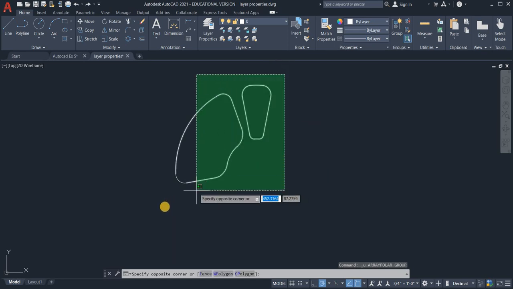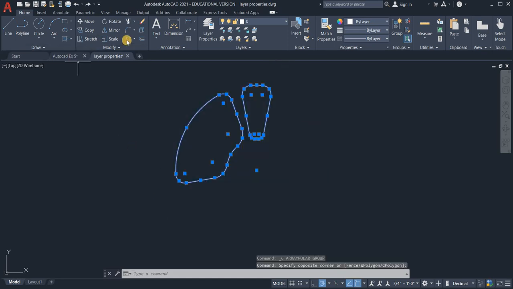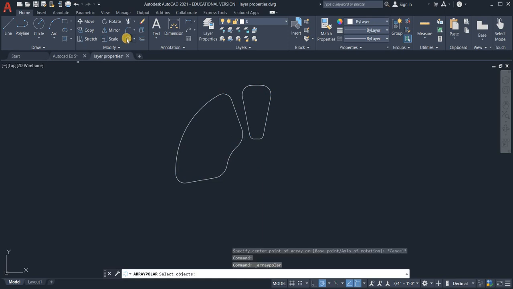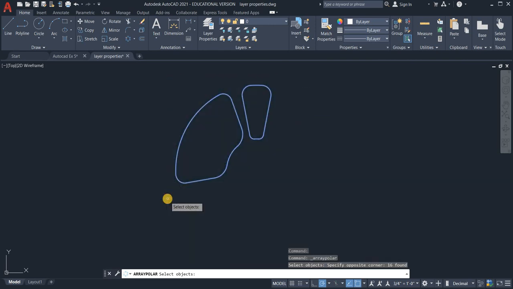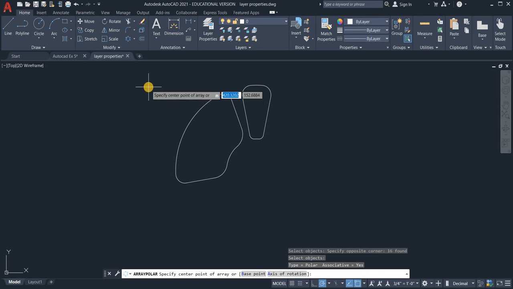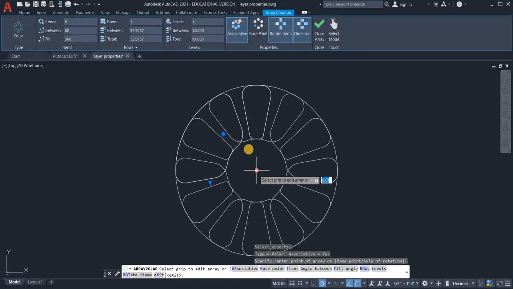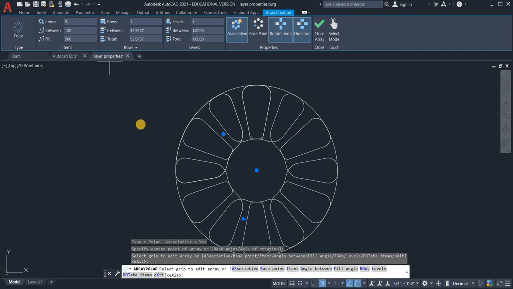Versus, let's pretend we're going to start this again. If I leave associative on and set just the number of items here,